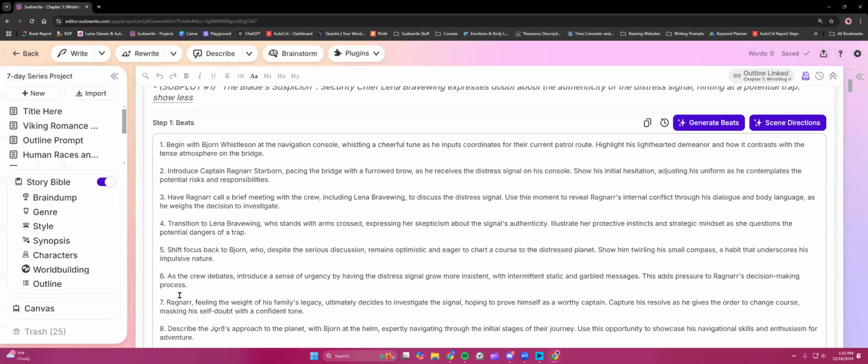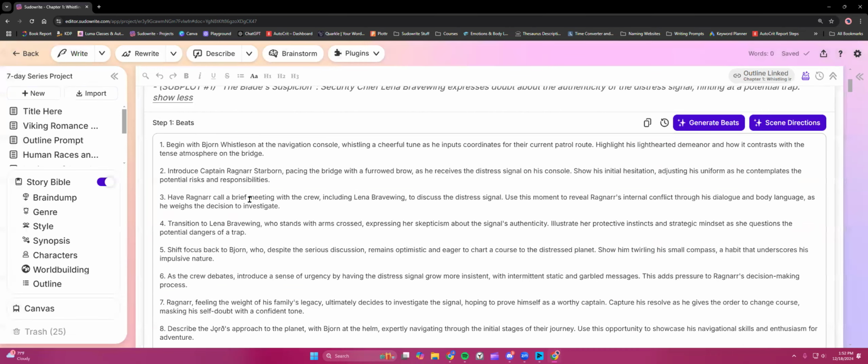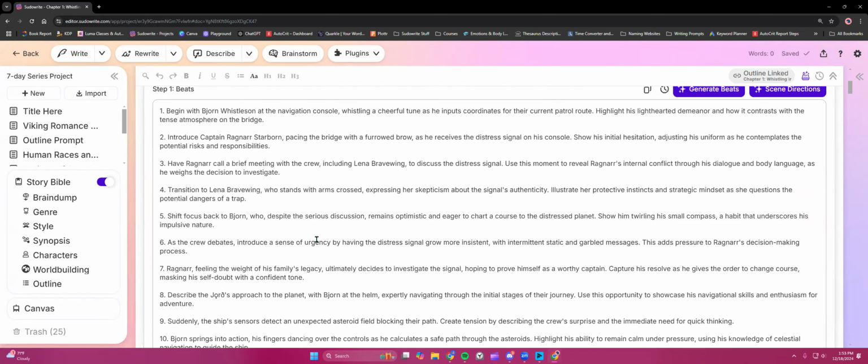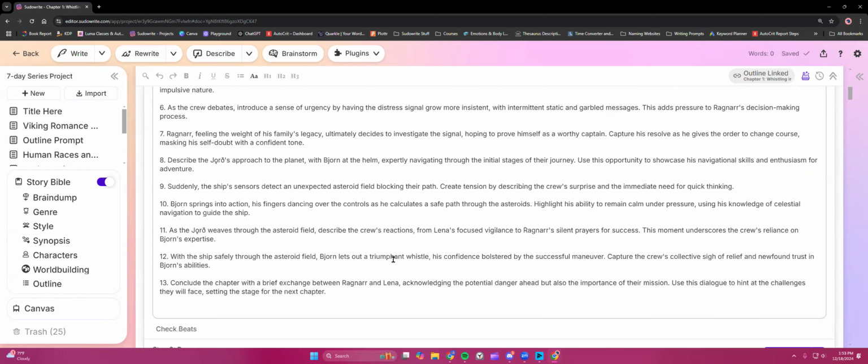I'm just going to restore this. So this is what the beats were when they generated, right? He's at the navigation console, pacing. This isn't going to make much of a difference because I followed this, but